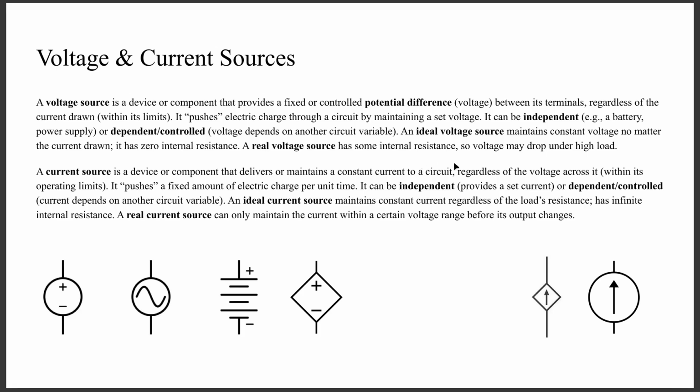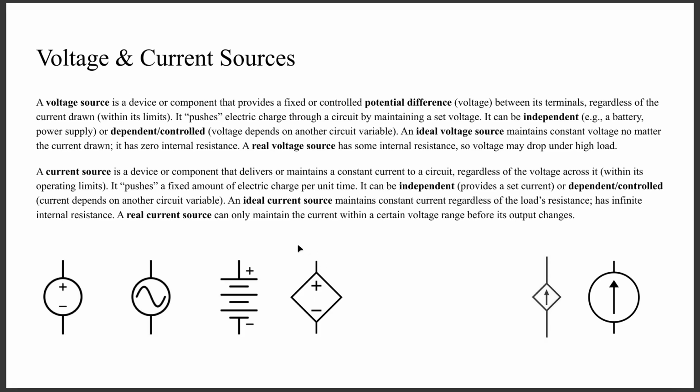An ideal voltage source maintains constant voltage no matter the current drawn. It has zero internal resistance, whereas a real voltage source, like a battery, has some internal resistance, so voltage may drop under high load. So these are examples of voltage sources. This is usually a DC, an AC, another version of a DC one, and then a dependent or controlled voltage